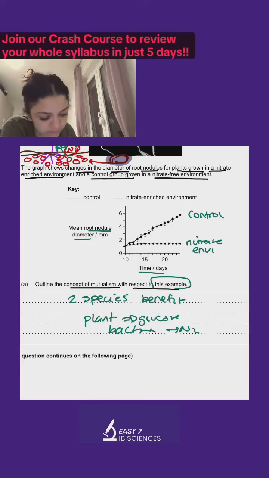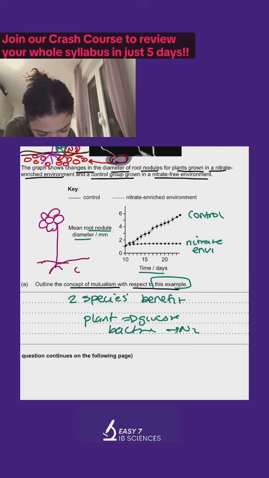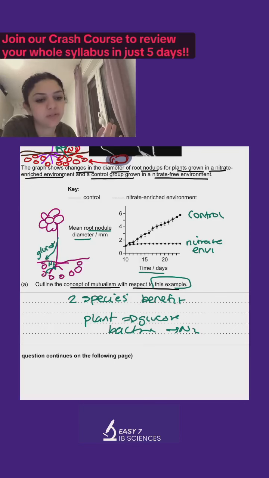So the point of this is that we have a plant, okay? And naturally, what does this plant have? This plant has a mutualistic relationship with this bacteria. When the bacteria is able to provide it with nitrogen, this plant is able to provide the bacteria with glucose. And that's their mutualistic relationship. Now, when scientists intervene and add extra nitrogen in the environment, we see that that messes up completely